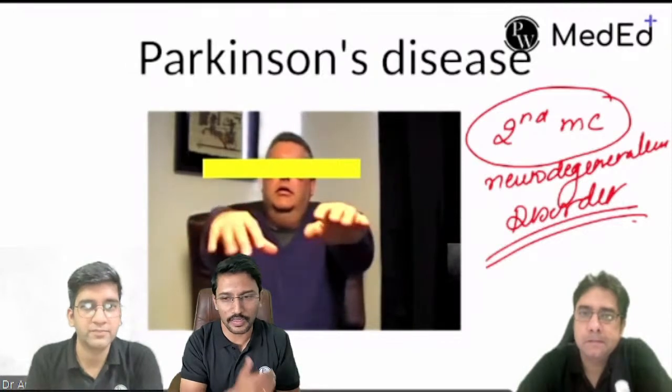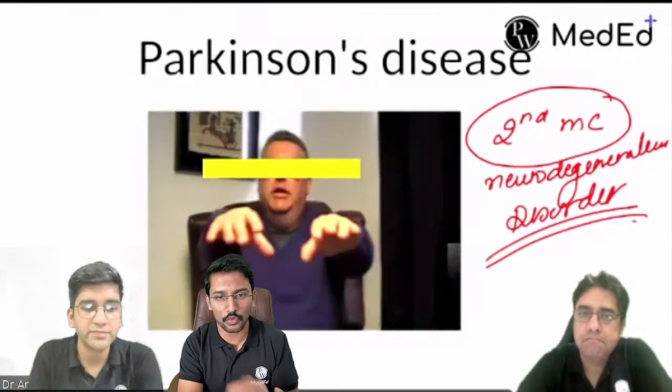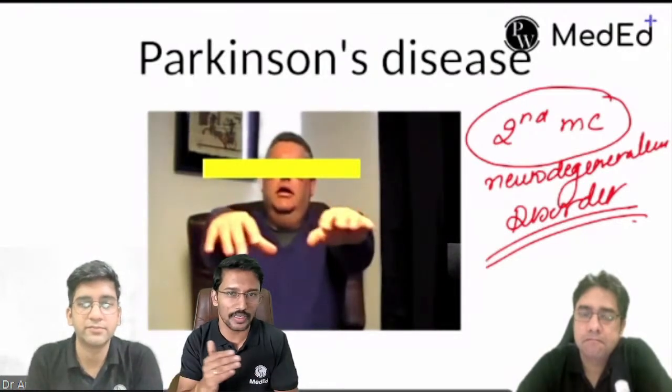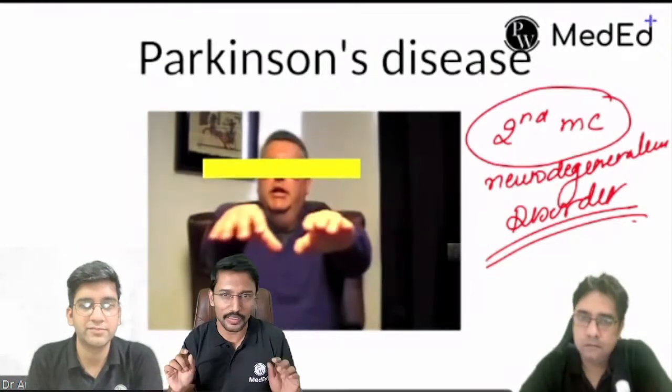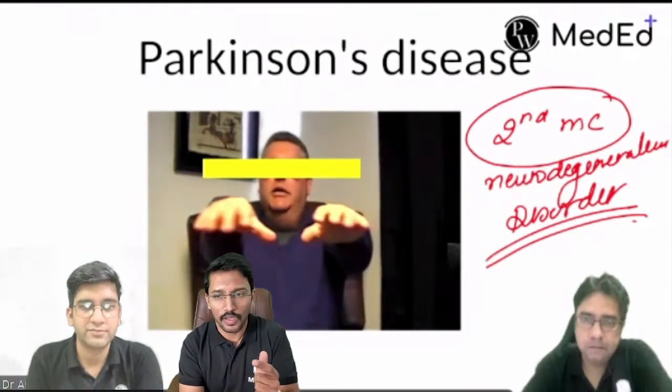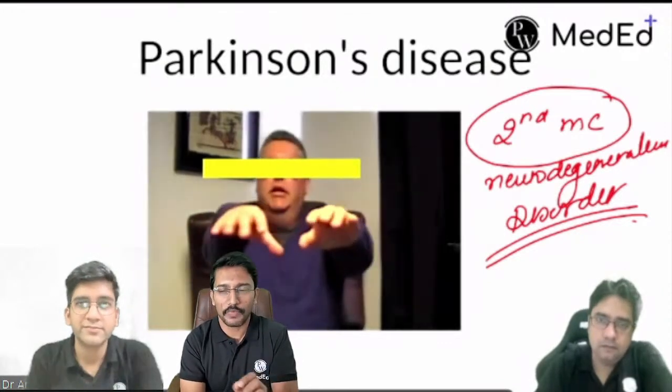Or is it only clinical, or do we need a radiologist's help? And when it comes to management, do we have anything to slow down the progression of neurodegeneration? And what can we do for the patient's symptomatic improvement? That's the standard template. So let me tell you, the single most important risk factor for Parkinson's